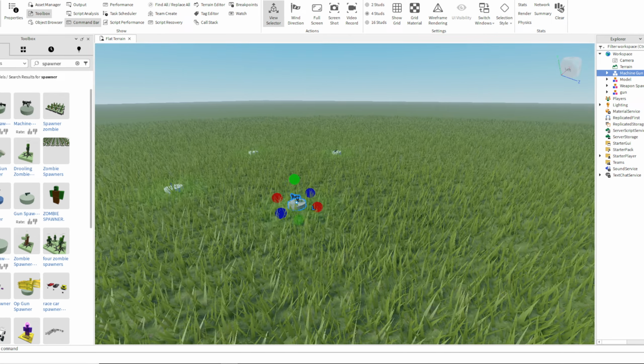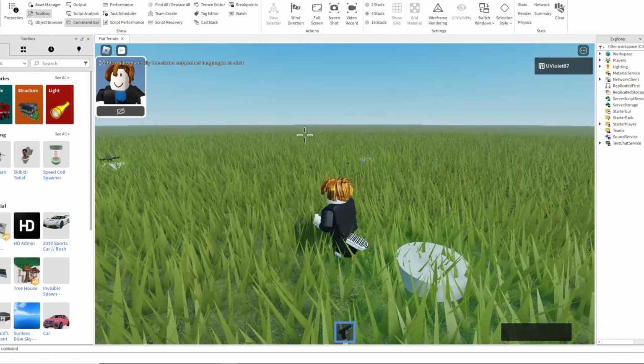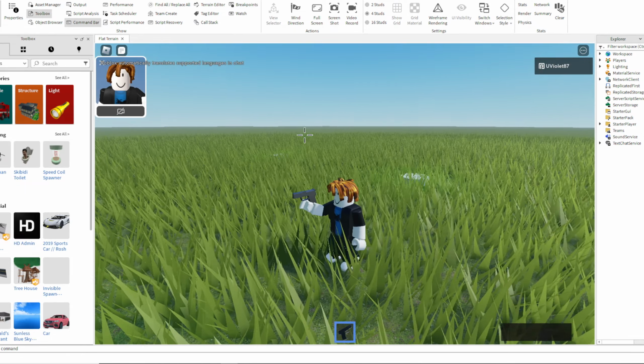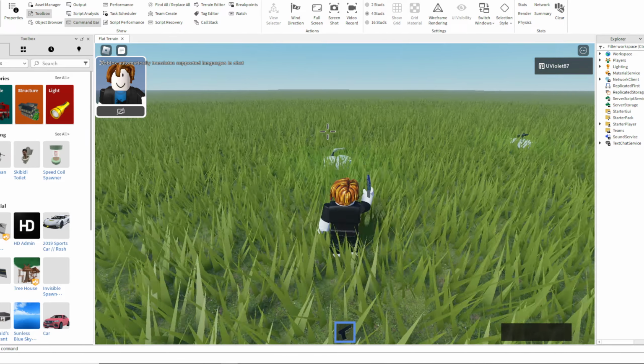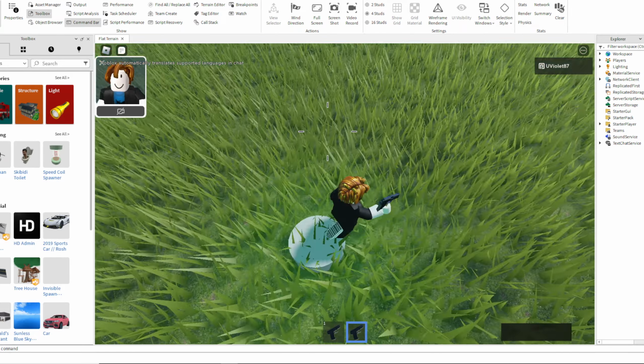Jump, jump, jump. Okay, and one thing I noticed is that games play a lot different on the computer than on your phone, obviously. So you want to test things out on both. Anyway, yeah, this is the basic function. I don't see the guns respawning, so oh yeah, there it goes. Alright, so you have some basic stuff, and you can actually basically have a multiplayer first-person shooter, just like